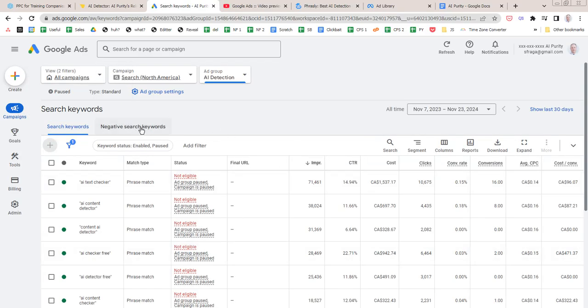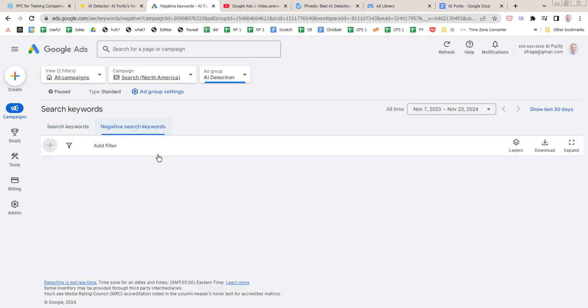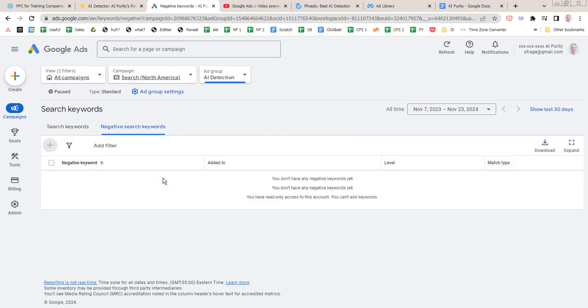Okay, so if I look at these negative search keywords, it was empty. And at first I thought maybe you should add the word "free" to this. Like, you don't want people searching for free stuff and then having your website and paying for a click. But I guess the reality is that you can probably convince them, or you might have run the numbers and be able to convince them that even though they search for something for free, they actually are willing to pay $15 for your service. Other people put the word "free" actually in their ad, so I'm guessing that's okay.